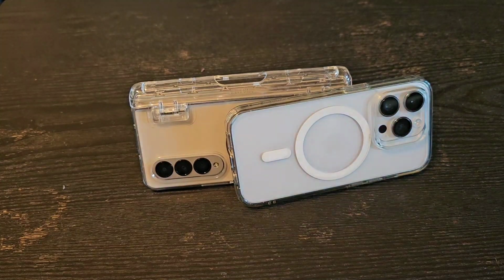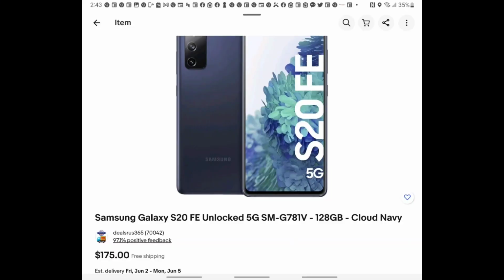But if you're an iPhone user, then there's an easy way for you to get into the Android and to get a quality Android device very easily and inexpensively. And that is, go on to eBay, buy a device sub $200, probably $150. You can get an S20 right now if you look hard for around $200. You can get the S20 FE for sub $200. Go into eBay, look for a sub $200